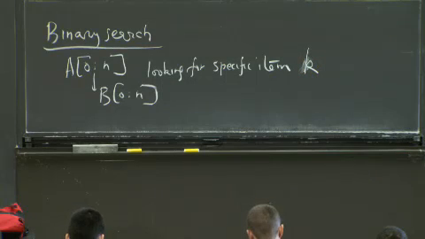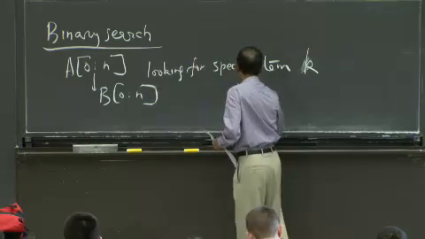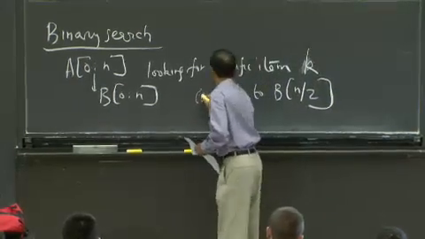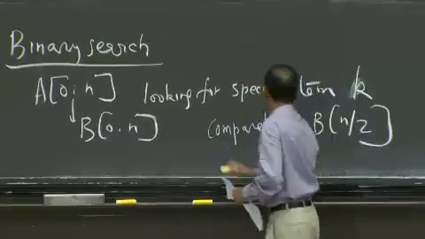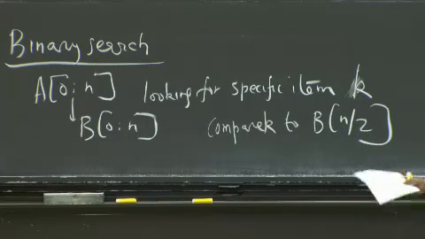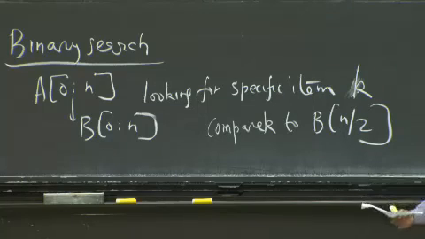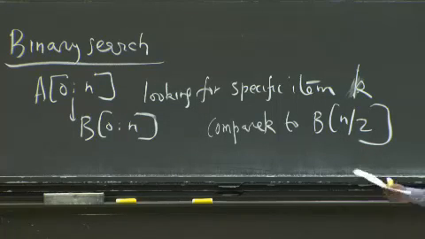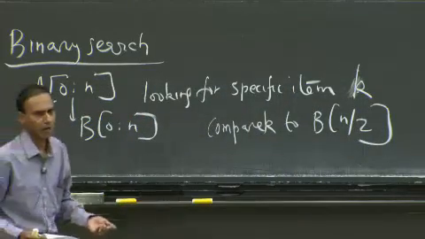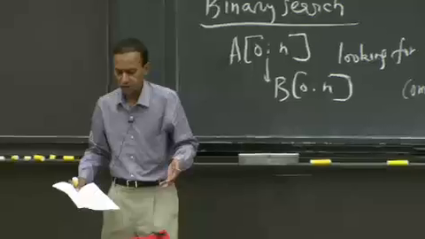Binary search, roughly speaking, would work like this: you compare k to b of n over 2, and decide, given that b is sorted, you get to look at 1/2 of the array. If b of n over 2 is not exactly k, then, well, if it's exactly k, you're done. Otherwise, you look at the left half, you do your divide and conquer paradigm, and you can do this in logarithmic time. All right?